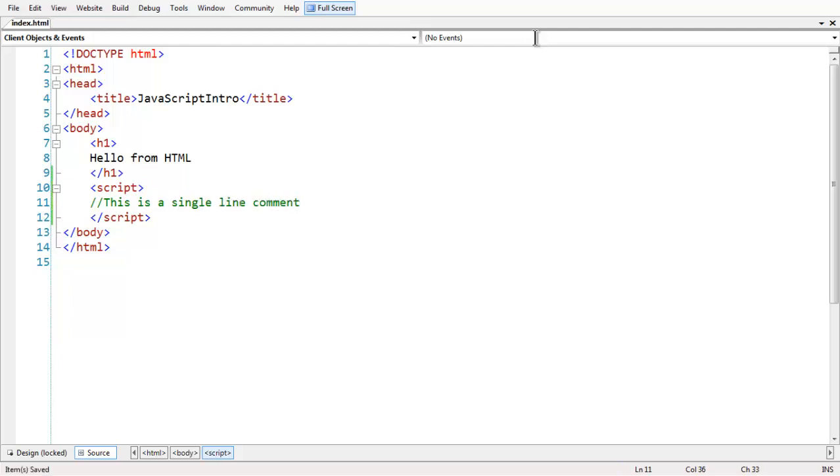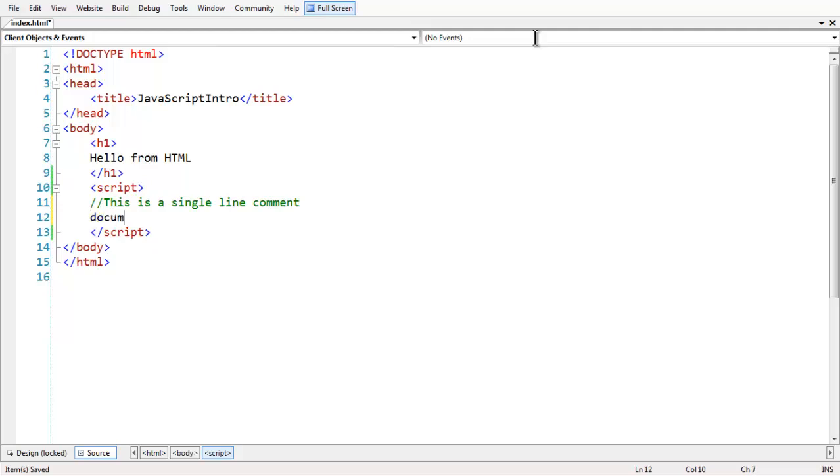The use of comments is just to increase the readability of your code, so that whoever looks into your script can understand easily how each instruction is placed, and maintainability also becomes easier if you add some comments to your scripting statements.